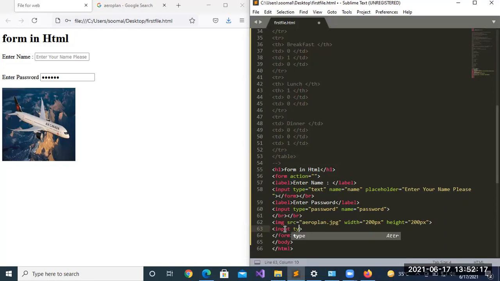input type button, name is basically btn1. After this, value is login, and close the tag, and the submit button,